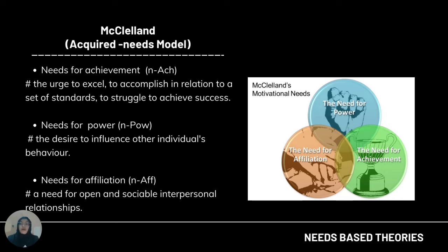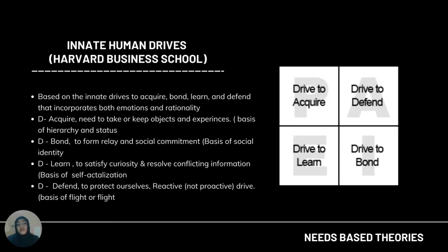For example, people who have a strong need for affiliation desire a friendly and supportive environment. The cons: people who are motivated by affiliation tend to make poor decisions at work as they enjoy more harmonious relationships among co-workers. The last need-based theory is based on innate drives